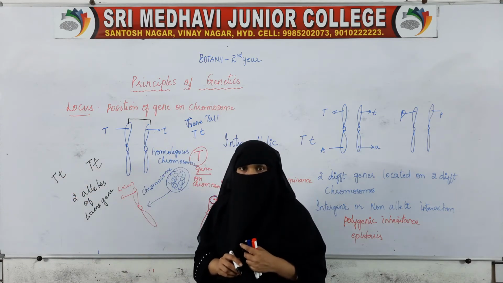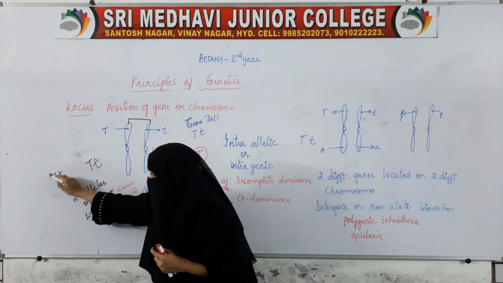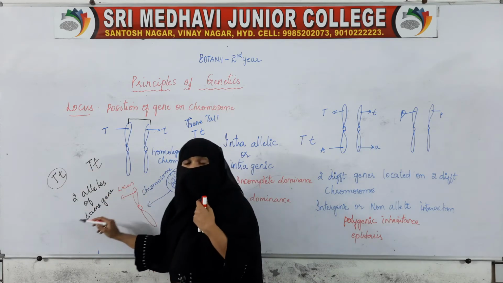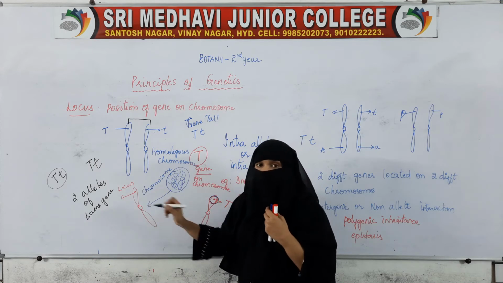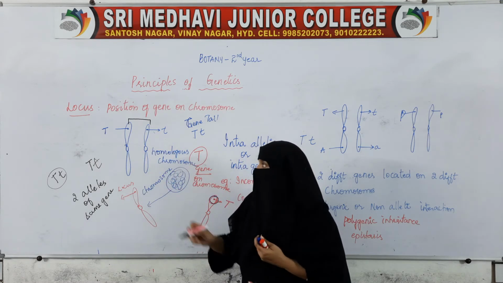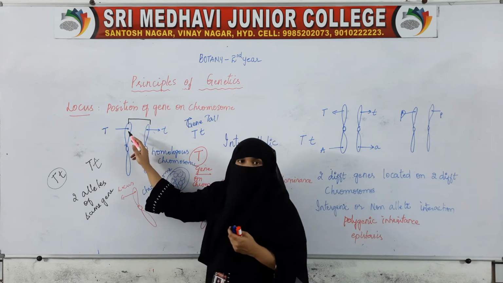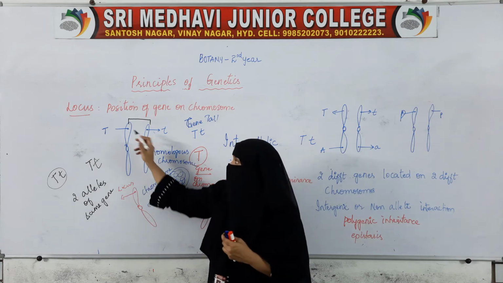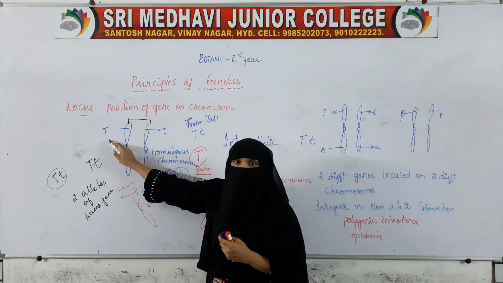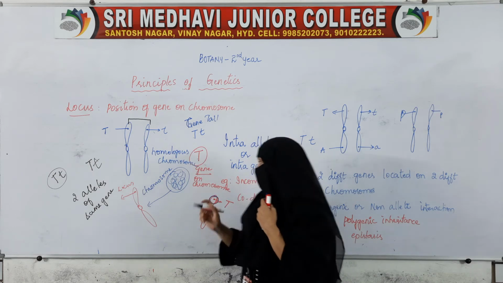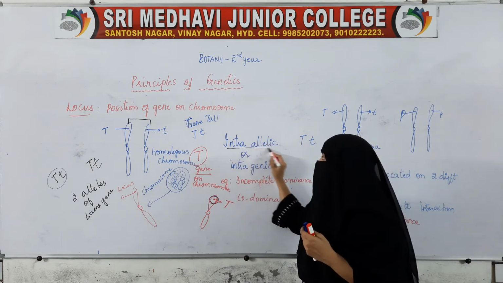One gene will be having two alleles. So this is one gene, the same gene. So there is interaction, but these two alleles are present on different chromosomes. If there is interaction between these two alleles, capital T and small t, such type of interaction is called as intra-allelic